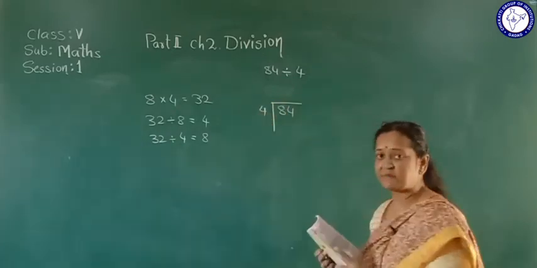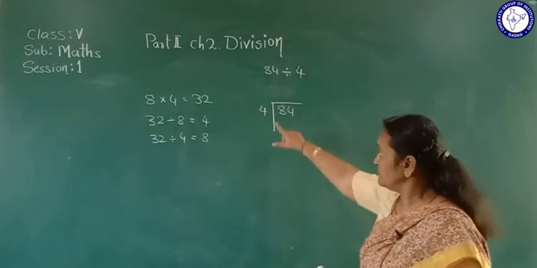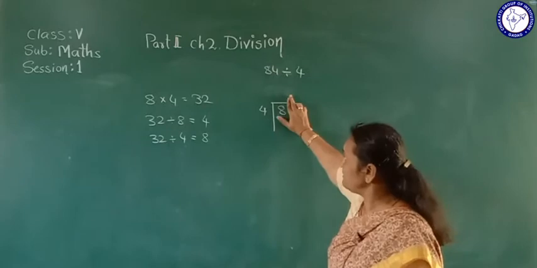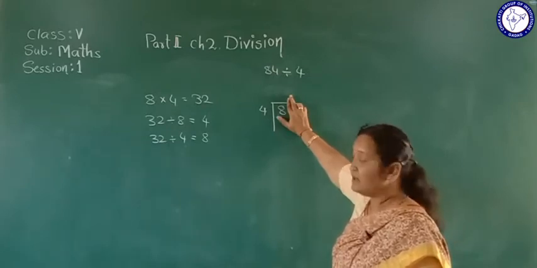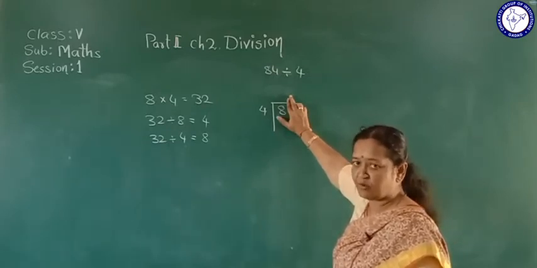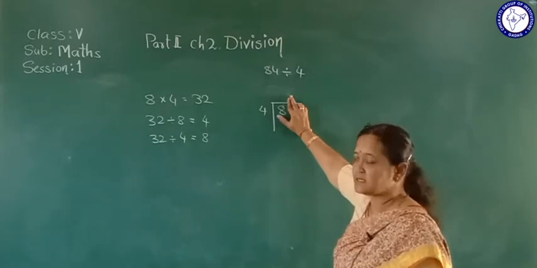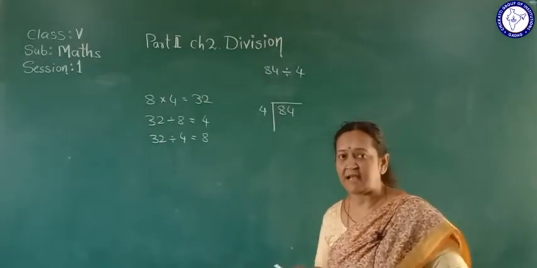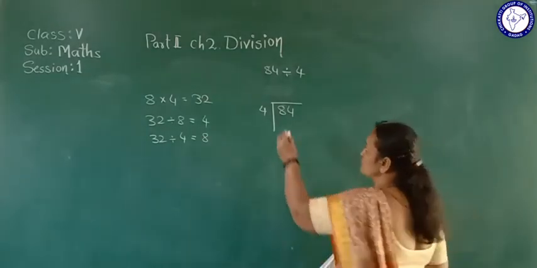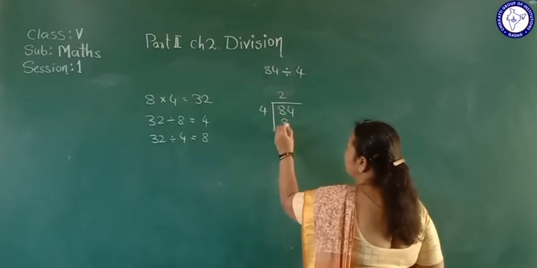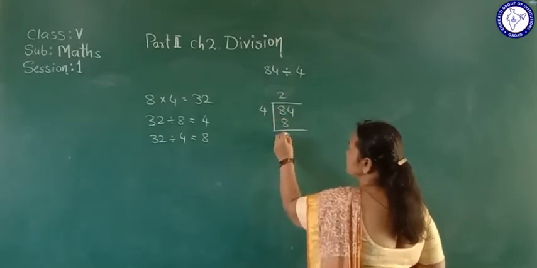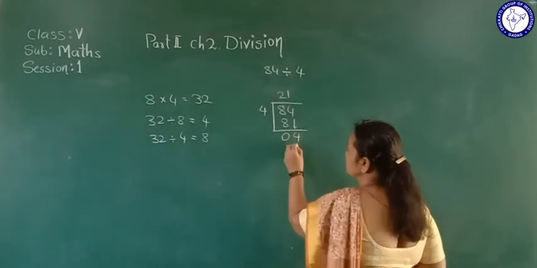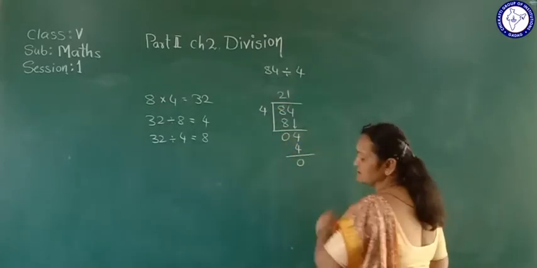Now here, some steps we have to follow to divide. This number, how many digits do we have? Only one digit. So we should take the first digit, 8. Now can you divide 8 by 4? 8 is bigger than 4. Yes. So 8 when you divide by 4, then in the 4 table, where do we find 8? 4 1s are 4, 4 2s are 8. Then 8 minus 8 is 0. Bring down this 4 here. Then in the 4 table, 4 1s are 4 and the answer we get is 0.